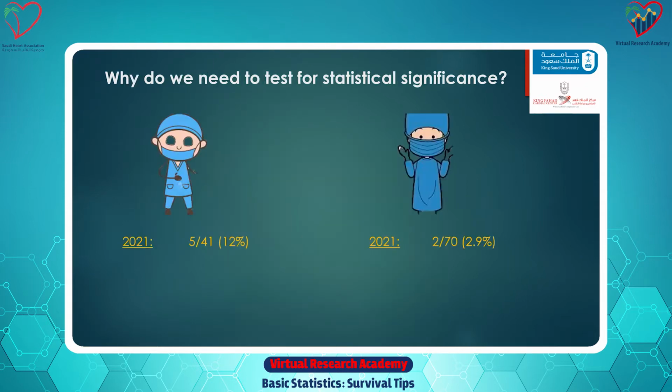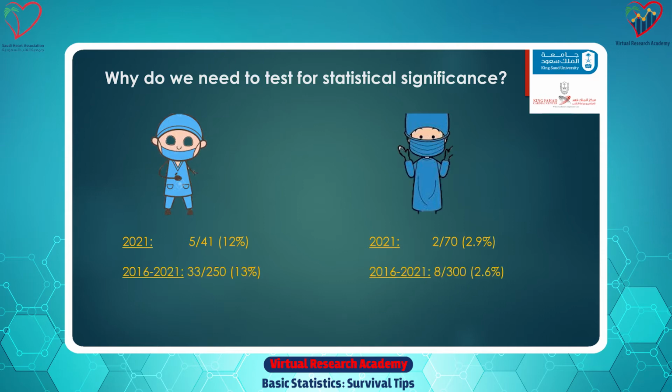So now if you go back to the example, I'll give you a different scenario. Let's say when you looked back at last year's numbers, you found that surgeon A did 41, so again, similar, 5 complications. So that's different. So the complication rate of surgeon A was 12%. Surgeon B was the same, so 2.9%. And I'm going to ask you the same question. Do you feel confident that surgeon A has more complications than surgeon B? Probably most of us would still say, not really, but boy, I'm concerned. Although the sample size is the same.